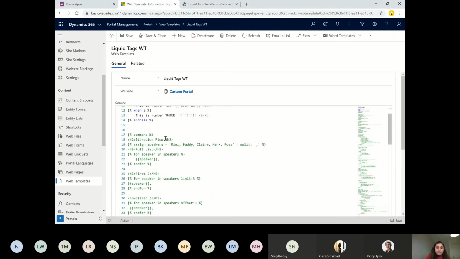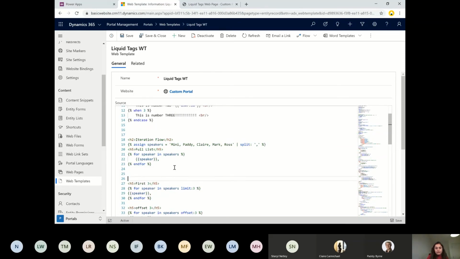Let's go ahead and see what the iteration flow is. We have seen the control flow now. Iteration is again going through a for loop and showing something, as we have already seen as part of array, just the same, but we call it iteration. It's the same as speakers. We have this splitting by this, and then we are going to show the full list here, right? And going through the speakers, for speaker in speakers, and just displaying the speakers. So it's just going to display all of these as we have seen in the array.